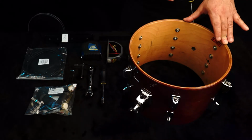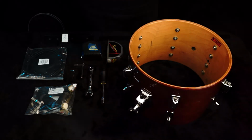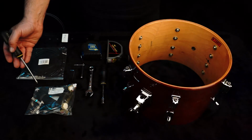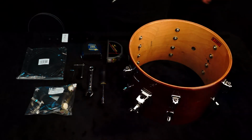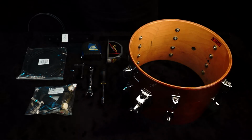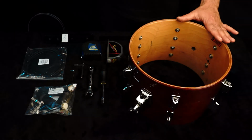the outside. You never want to try to remove that grommet from the outside for 2 reasons. Obviously you can damage the badge, which you can put back on the drum using the Pintec 1/4 inch female to cinch it back up to the wood. As well as, of course, you don't want to ruin the aesthetics of the drum by scratching the outside surface, whether that's a painted surface, a laminated surface, or in this case a stained